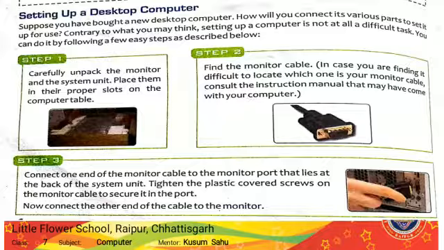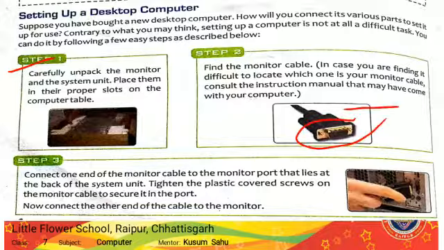Now, the first step is that carefully unpack the monitor and the system unit. Place them in their proper place on the computer table. Means first you have to unpack all the units of the computer and place them on the computer table. Now find the monitor cable, which I have explained in previous videos, what is a monitor cable. So find the monitor cable, which one is your monitor cable, and then fix that monitor cable on that